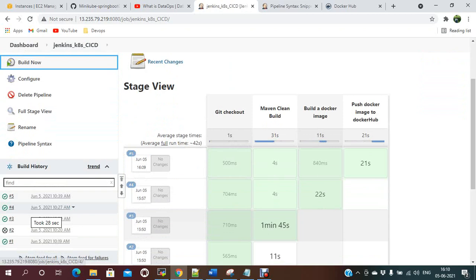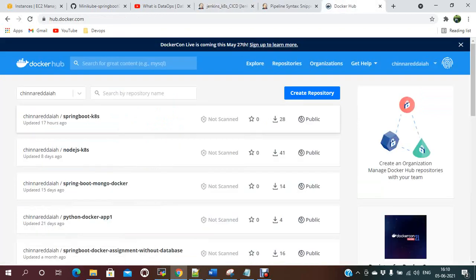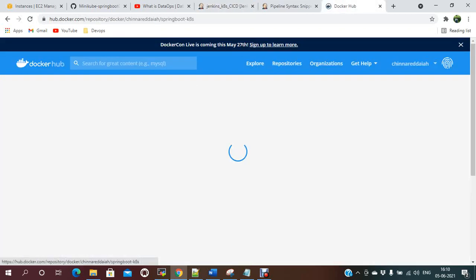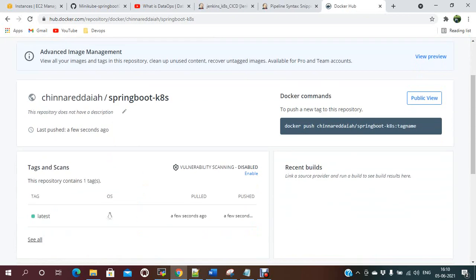Now it is success. Okay. Now if you check, this is the application name, and if you see, a few seconds ago, this is the pushed latest image.